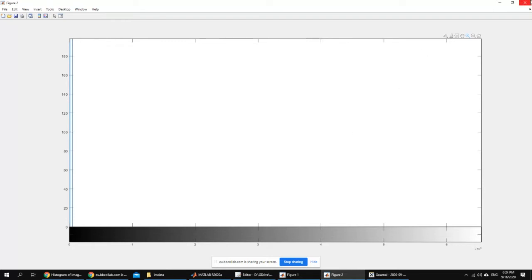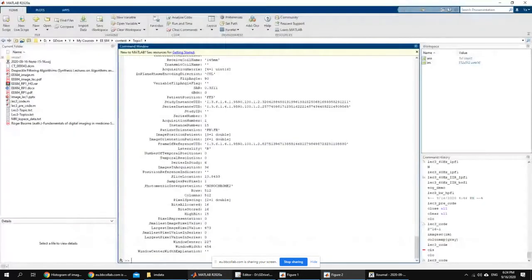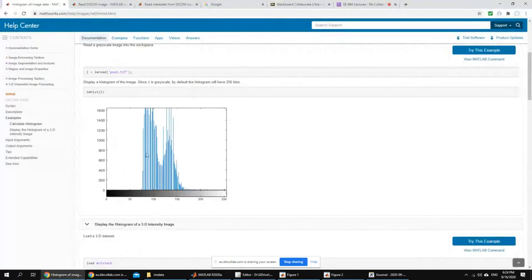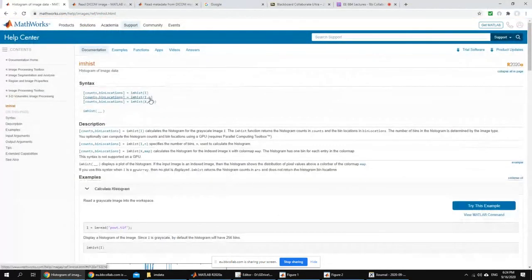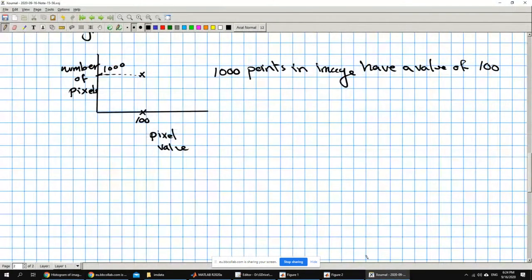Maybe the number of points in the histogram is not sufficient. There is another entry here, n. How many bins are you going to have for your histogram? Instead of having very few bins, bins meaning that if you look at this figure here,